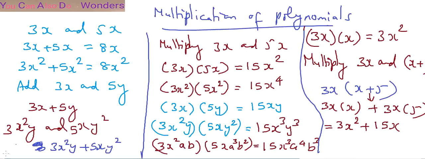Okay, now let's see how to multiply. That's a simple example, minus 3 into 4, isn't it? So this is minus 12, and 3 into 4 is 12, minus 3 into minus 4 is 12. So the signs are the same, the result is positive. So that's a simple logic.